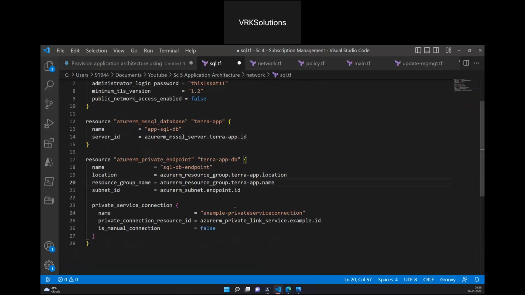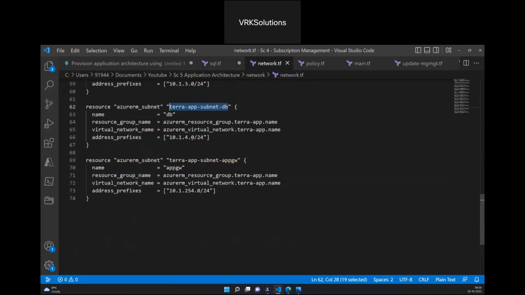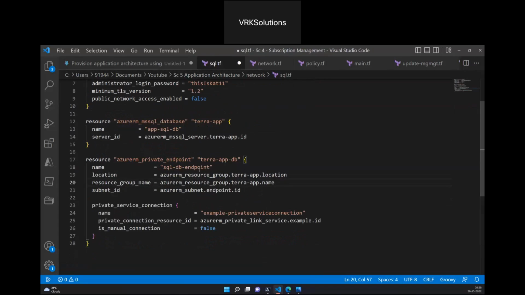So what is a private endpoint? It means that it's going to get a private IP address from this subnet, and that too for an Azure service. So that's what a private endpoint is, and I can go and set up a private link here. So this one, SQL DB endpoint,